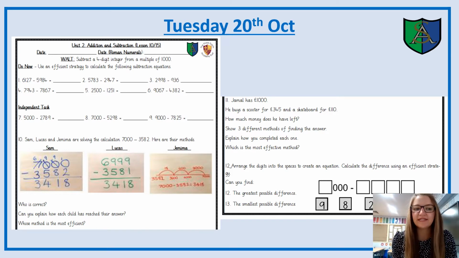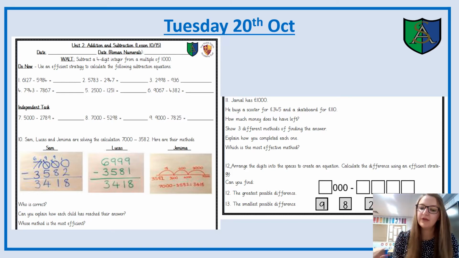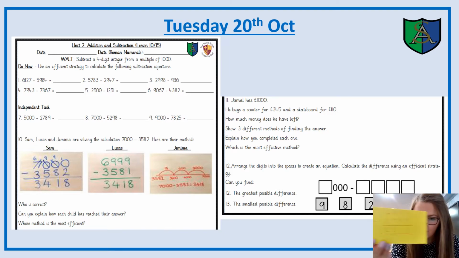What is 2,789 subtract 1? Well done, it's 2,788. So if I pop that on here, I'm now going to complete that column subtraction. You can copy it out and do it along with me if you'd like. 9 take away 8 is 1. 9 take away 8 in my tens column is 1. 9 take away 7 in my hundreds column is 2. And 4 take away 2 in my thousands column is 2. I get the answer of